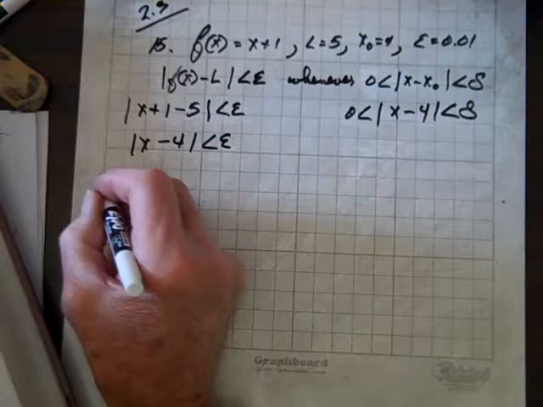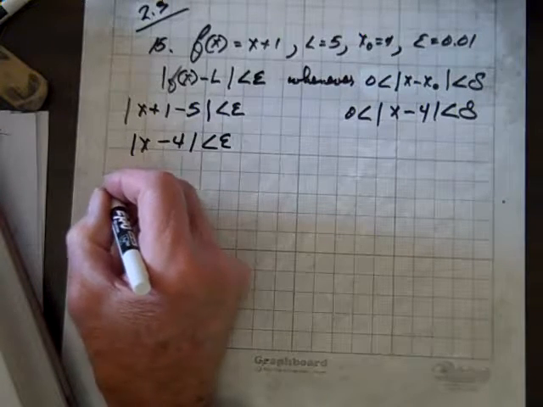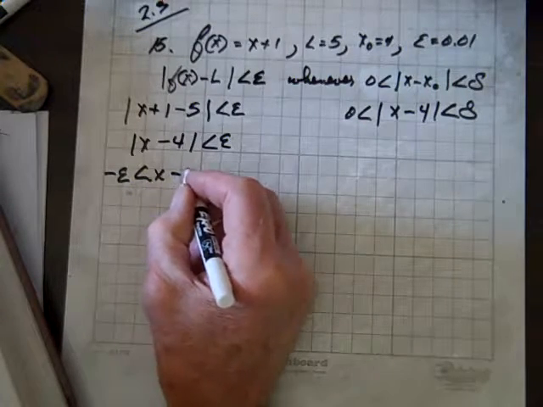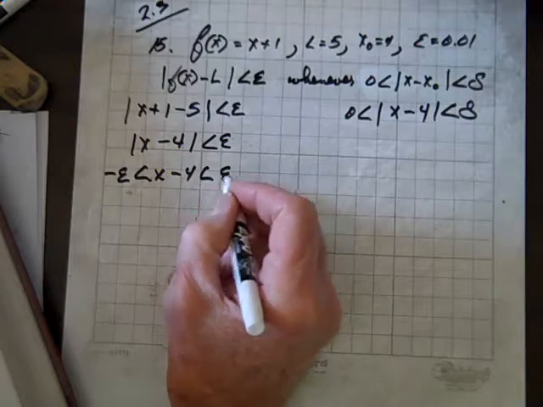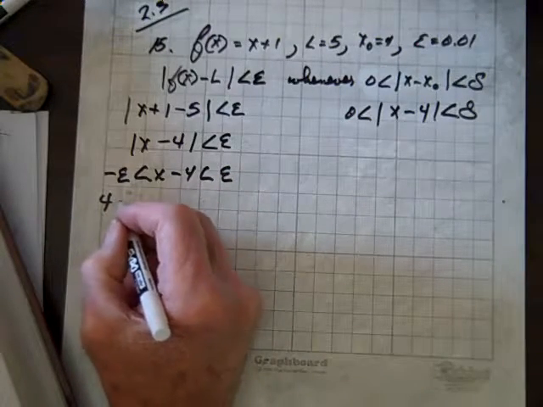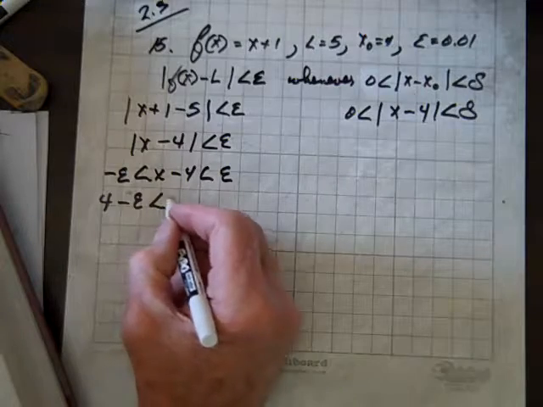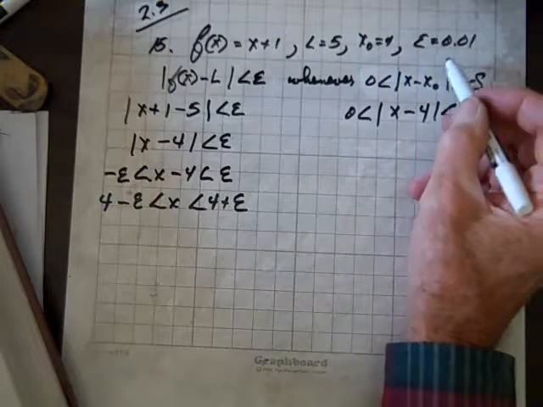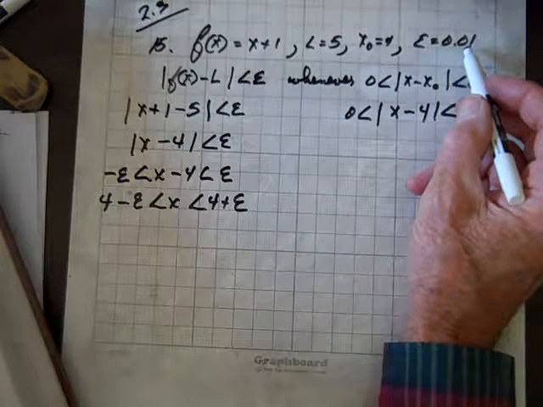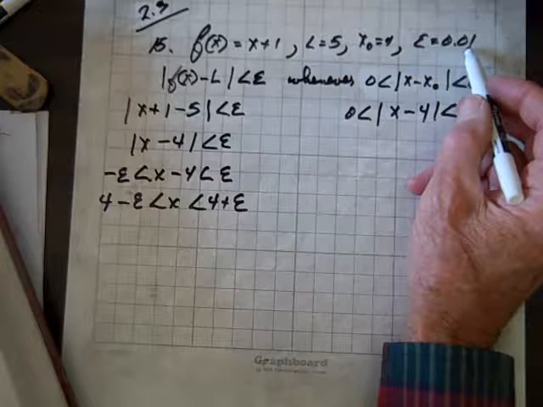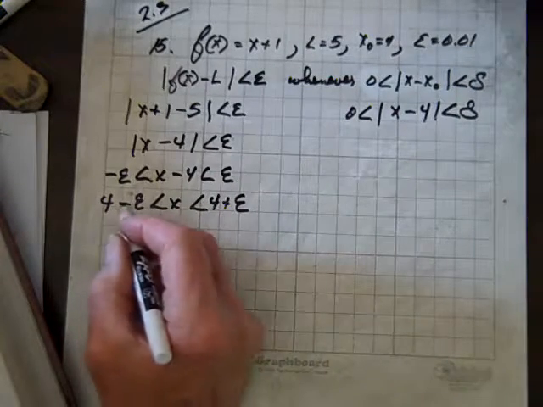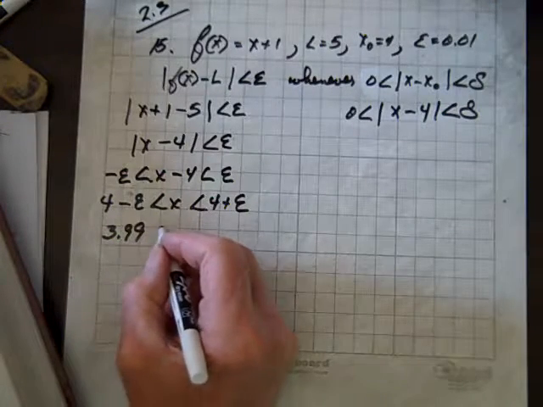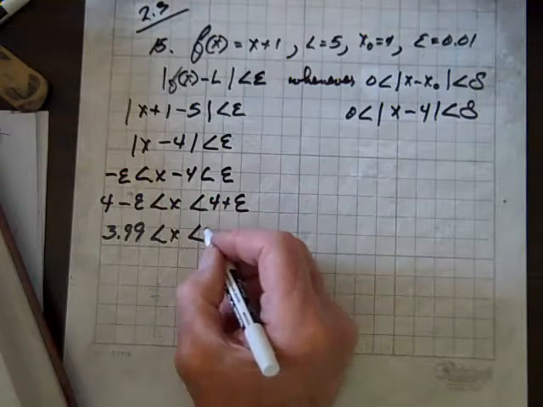To dispense with the absolute value bars, we write minus epsilon is less than x minus 4, which is less than epsilon. Now let's add 4 to each interval. 4 minus epsilon is less than x, which is less than 4 plus epsilon. Now let's let epsilon equal 0.01. And so 4 minus 0.01 is 3.99 is less than x, which is less than